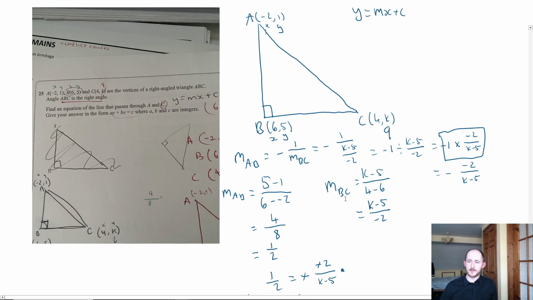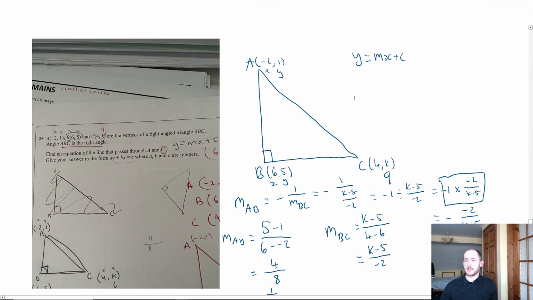And then we did the same thing with BC. The y coordinates are k and 5. Cool, okay. You also did the gradient of BC, because it's a negative reciprocal, and found the equation of BC, so point x. Yes, Sanch, you can. So anyways, now we can work out